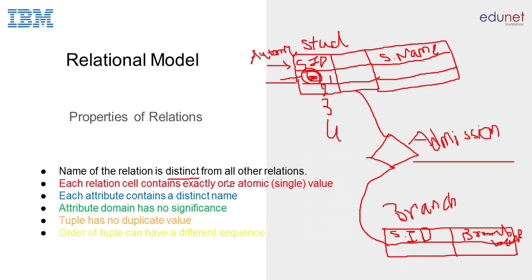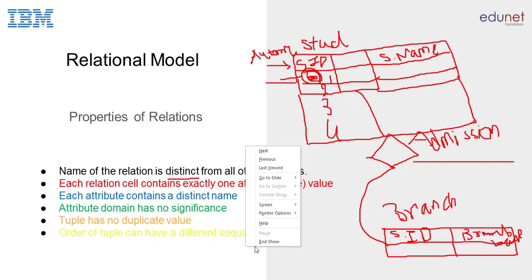And next, order of tuple can have a different sequence. Each table has a set of records, and we can refer to each as a database table.